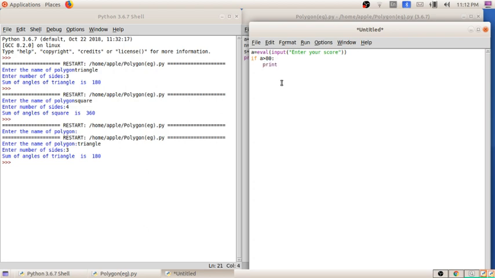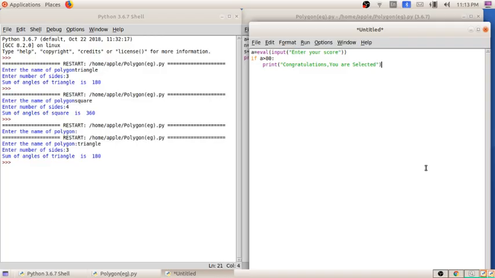Then print, congratulations, you are selected. So first I will print this statement. First I will run this. A is equal to eval, that means we have entered the score, then we have put an if statement, a condition statement. If my score is greater than 80, I will get the message congratulations, you are selected. So we will check for that first.